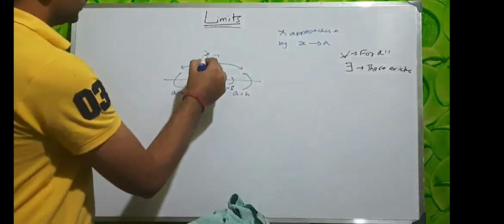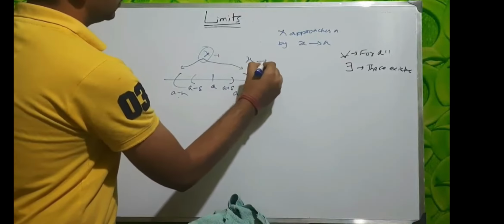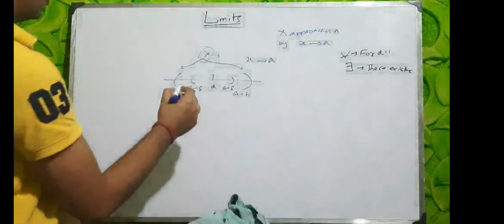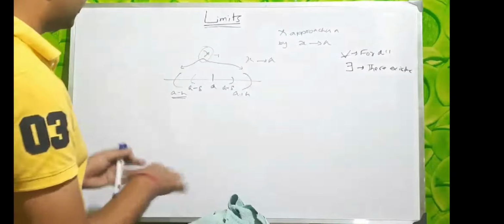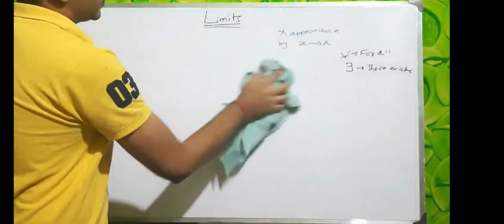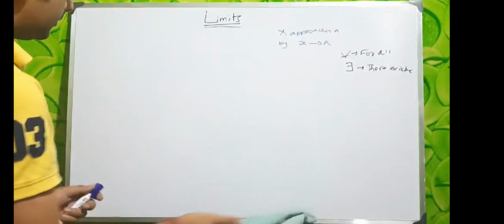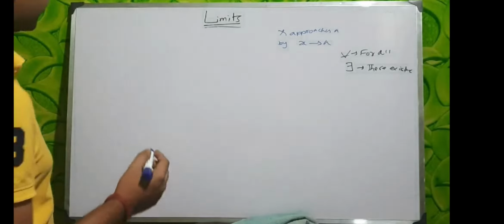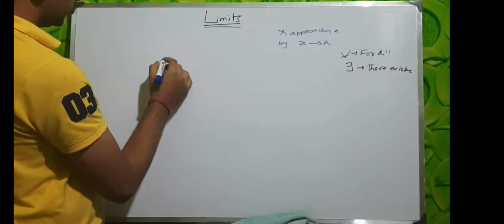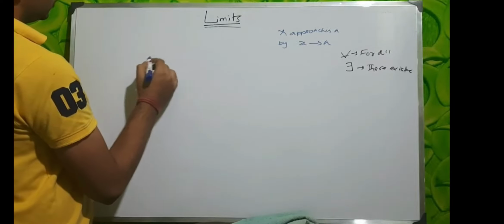If that works, then we would say x tends to a, x is approaching a. If that doesn't work, then we would say no, x is not approaching a. I can give an example so you can understand very well. An example would be, suppose we have a